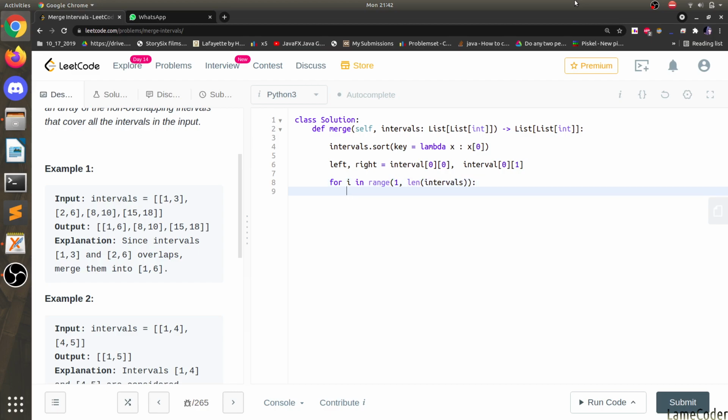For each one we will have a beginning and an end.